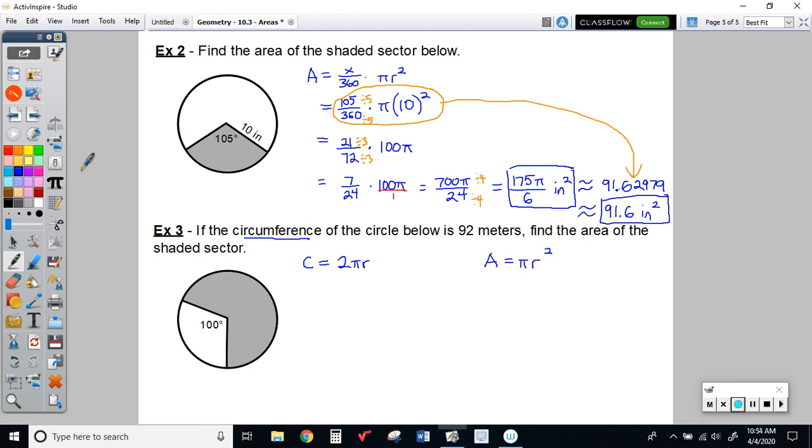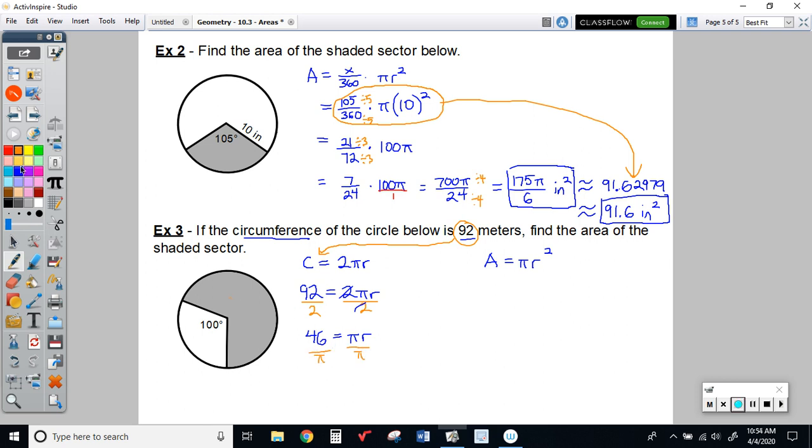So I know the circumference itself is 92. So I'm going to take that value, 92, and plug it in for C right there. So I'd have 92 equals 2 pi r. And then from there, you could divide both sides by 2. If you chose to divide by 2 pi all in one step, that'd be okay. You would just have to make sure you put the 2 pi in parentheses if you're going to use your calculator to do that. So this would be 46 equals, and this cancels, you'd have pi r, and then from there I'm going to divide by pi,